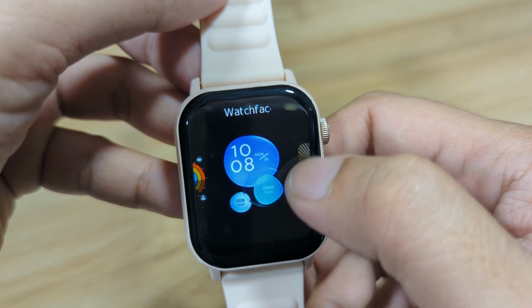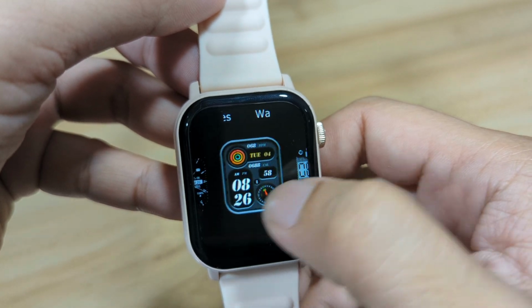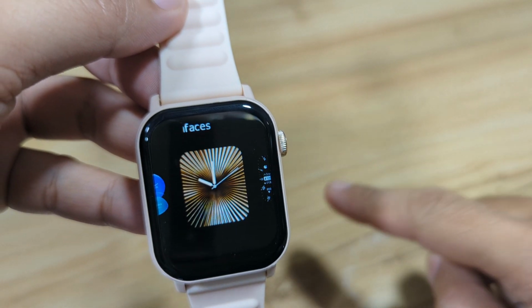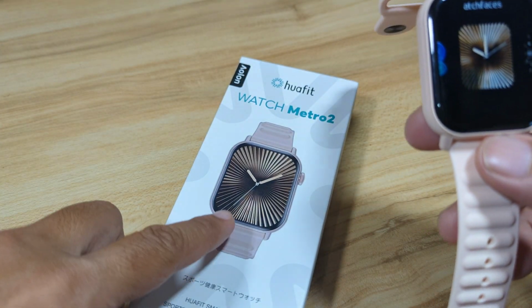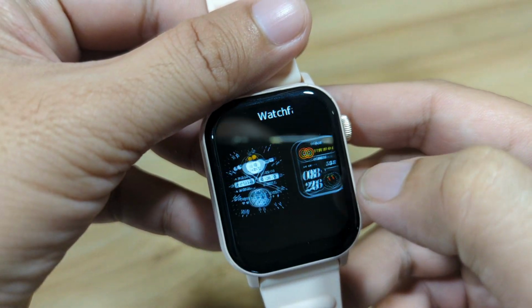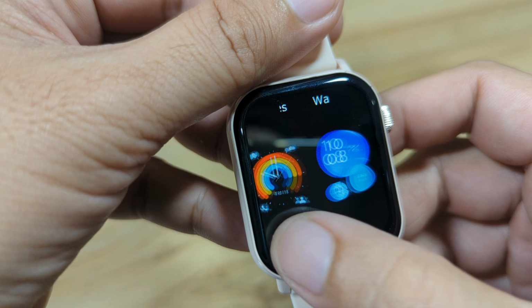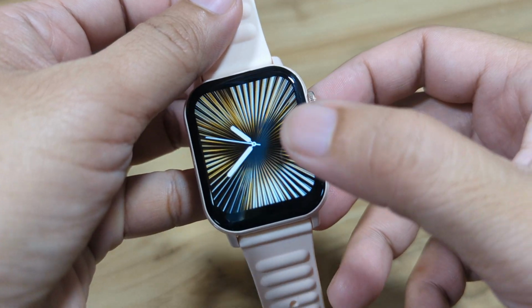We have available watch faces. Let's see. So this is the option here, or the style of watch faces on the box. So we have a lot of options here, or styles. So let's select this one. Going back,